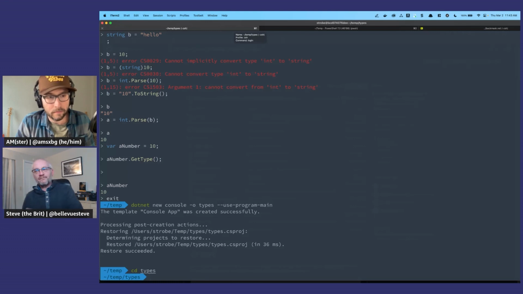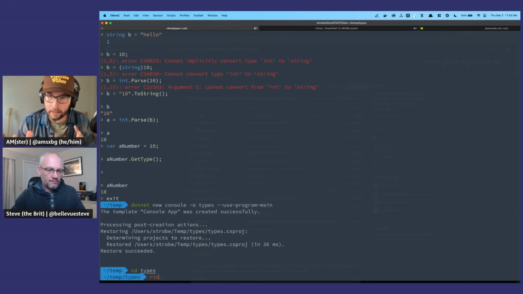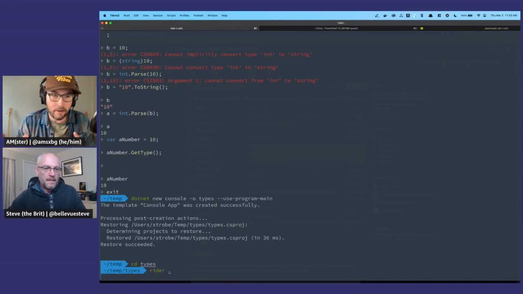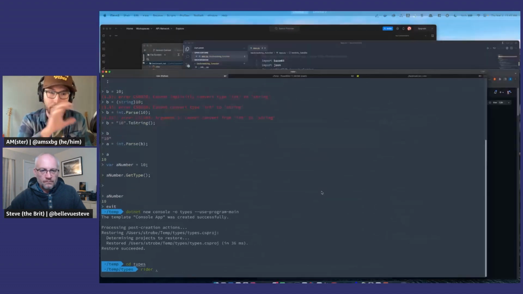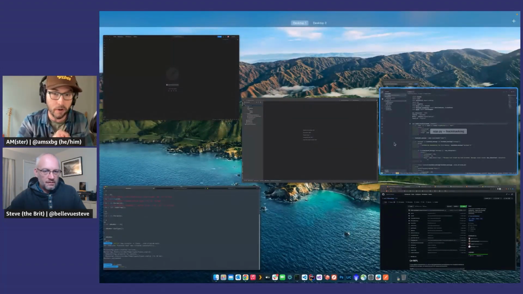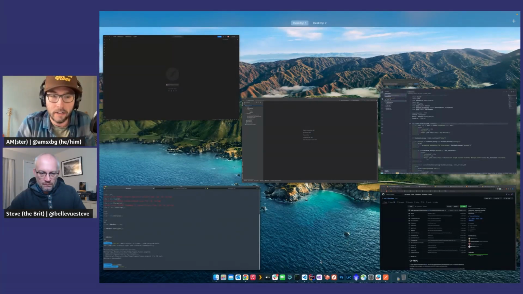Right. So classes, Steve. I love that classes allow you, the way that I understood it when I first learned about them, to organize data and behaviors. And usually the behaviors are related to the data that it is also storing in the class. It's one of the easiest ways that I found to